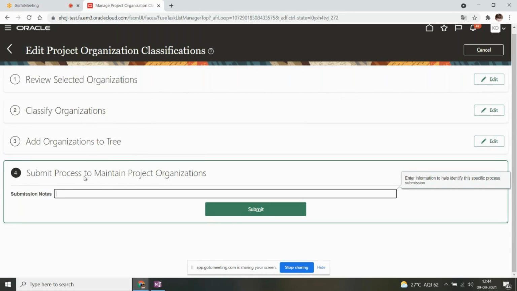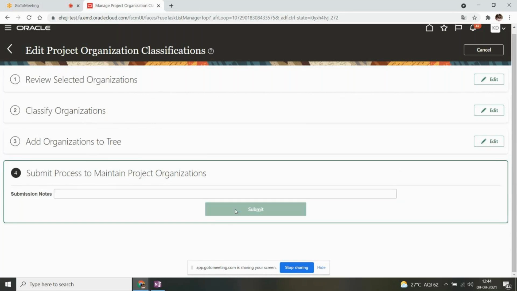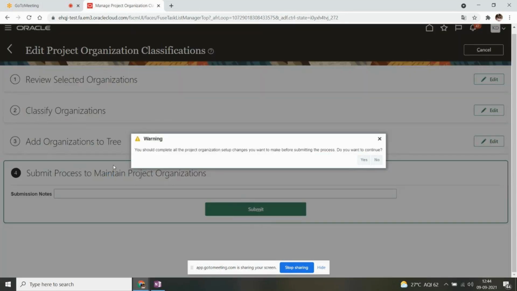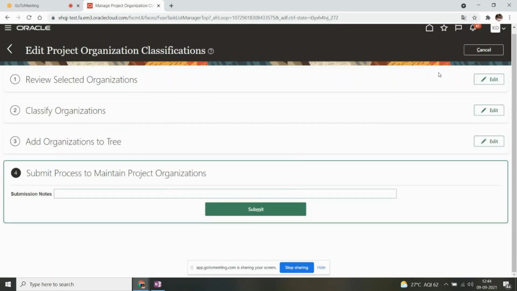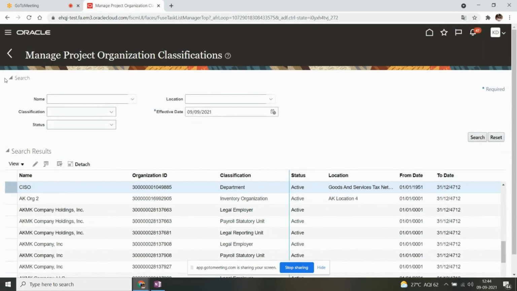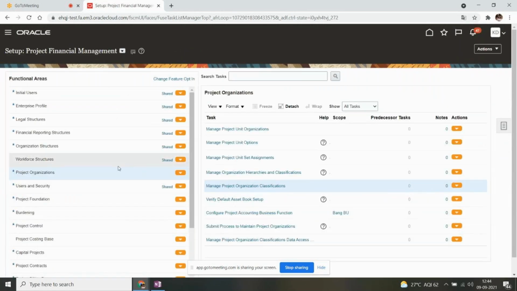Then you have to say process to maintain project organizations, and you can also see the same job within the project organizations function area. Let me show you that. This is the one. Submit process to maintain project organizations, right?